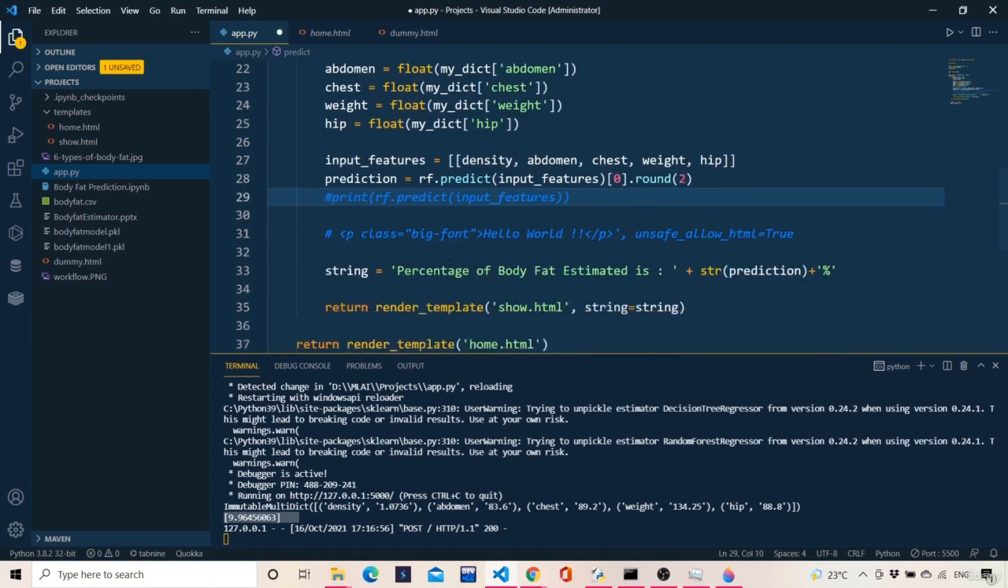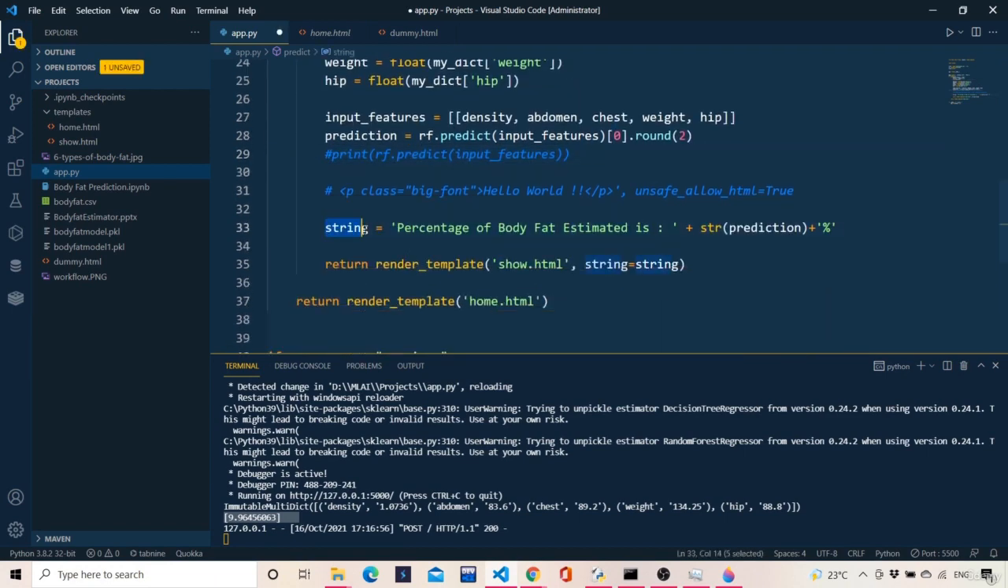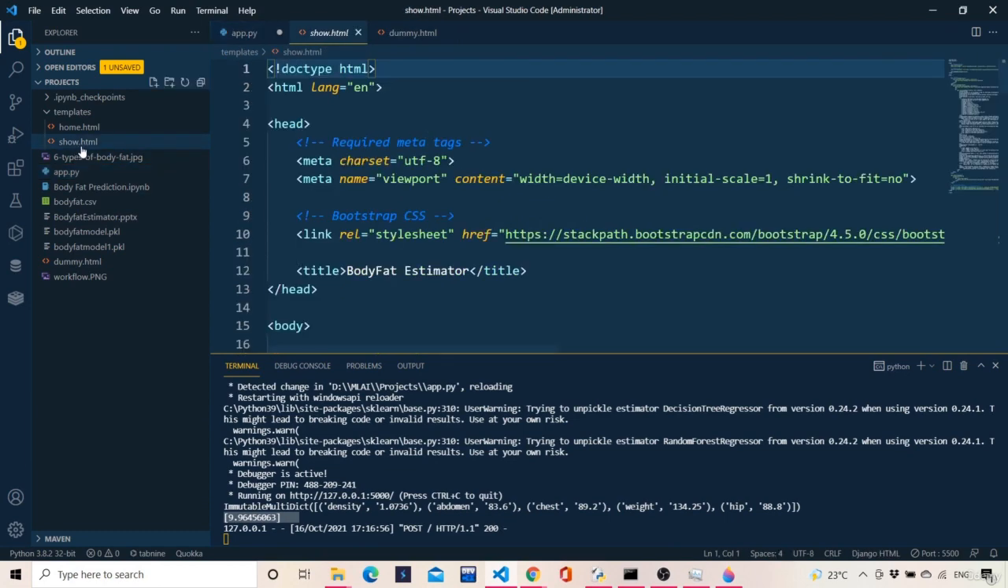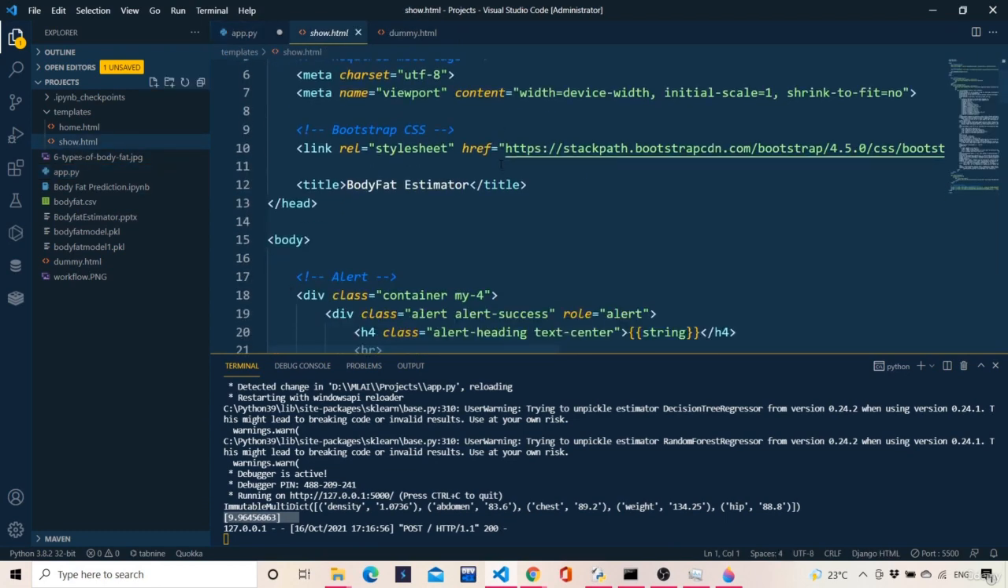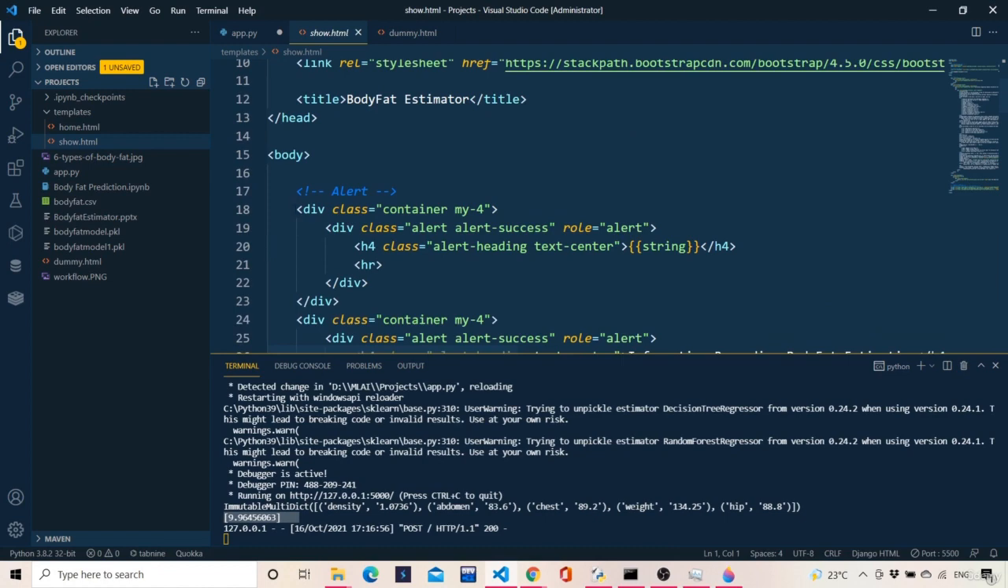Now once I get the prediction, the string I'm keeping is: string equals percentage of body fat estimated is this, plus str of prediction plus %. This is the string, and then I'm saying return render_template show.html, string equals string. So show.html is another template which I made using Bootstrap. So over here this is the alert. So over here you can see this